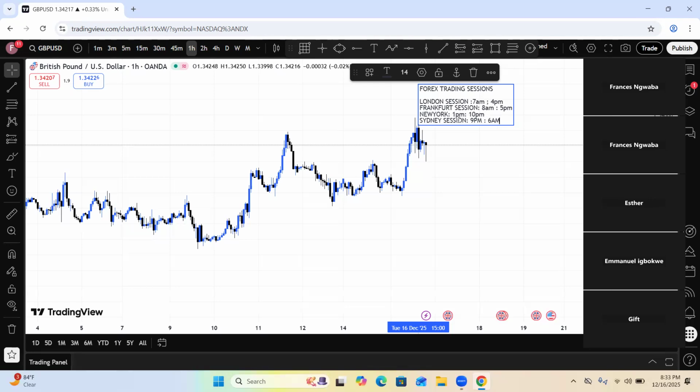There are some traders that don't even trade by sessions. You don't really need to trade by sessions. During the New York session, which is in the USA, US pairs will have volatility. Do you understand me? During the London session or Frankfurt session, any currency pair relating to that session will have volatility. When you hear volatility, it means speed, fast. The market will be moving well. It will not be moving slow. That is what we mean by volatility.